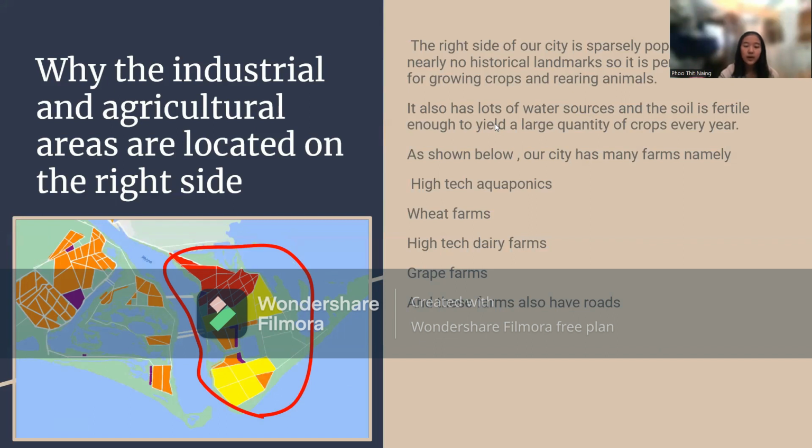So let's talk about why the industrial and agricultural areas are located on the right side. As shown in the picture below, industrial and agricultural areas are circled with a red line, and their colors are red and yellow. To talk about it more deeply, the right side of our city is sparsely populated, and it clearly has no historical landmarks, so it's perfectly suited for growing crops and rearing animals. It also has lots of water sources, and the soil is fertile enough to yield a large quantity of